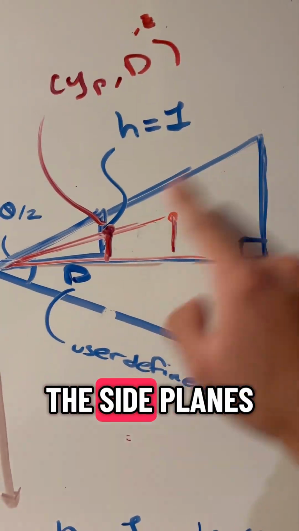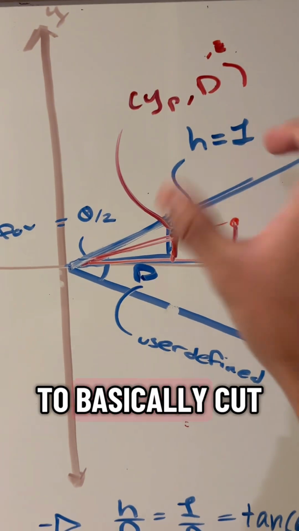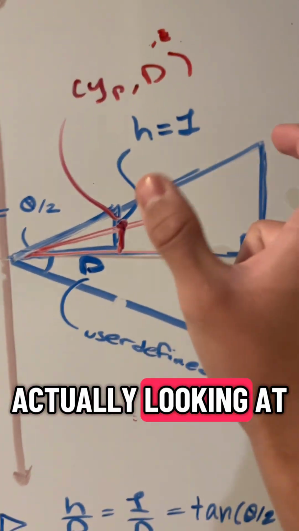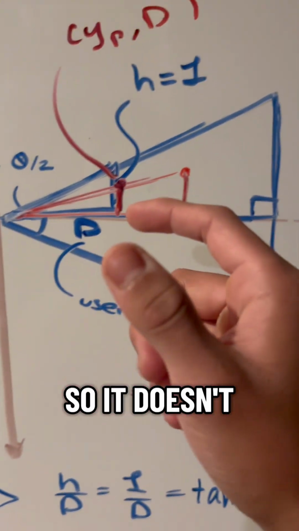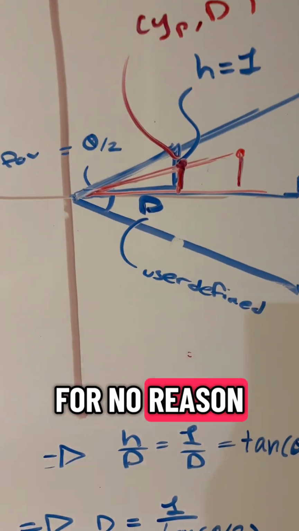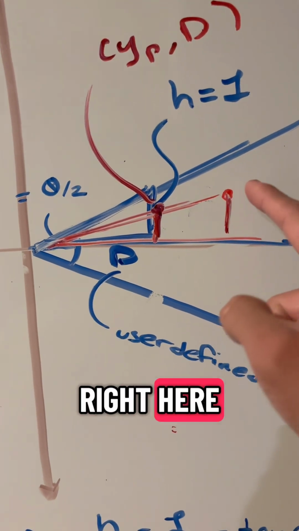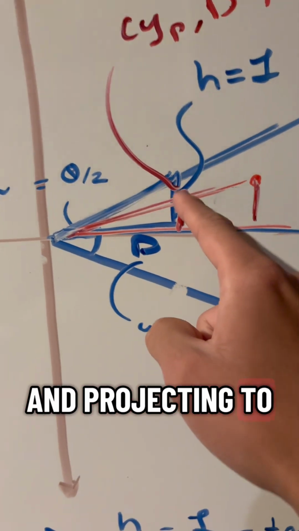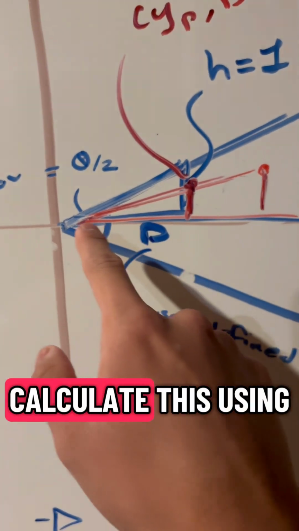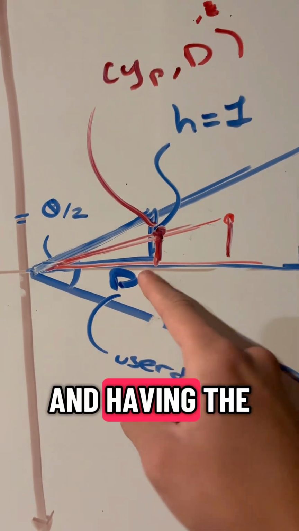You also have these side planes of left, right, up, down plane to basically cut off any vertices that you're not actually looking at so you don't end up rendering them. So it doesn't take up computational time and you don't render a whole bunch of stuff for no reason. So as you can see right here, this little vertex ends up projecting to the monitor. You can basically calculate this using the idea of having a point and having the ratio of